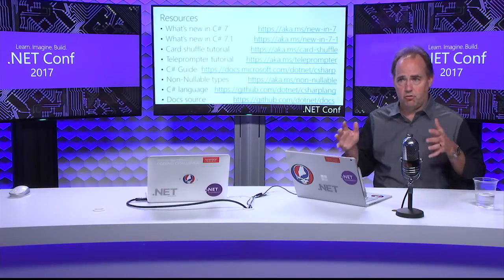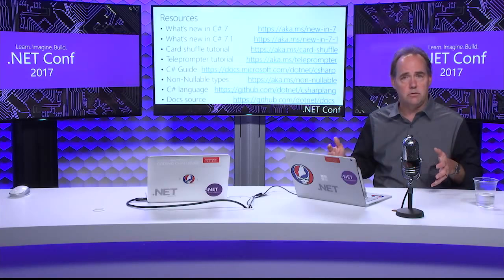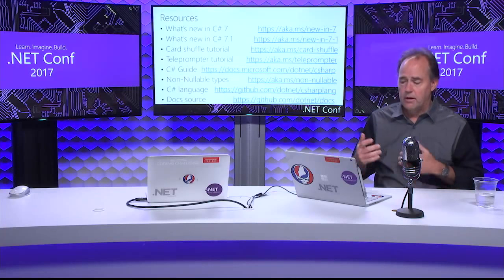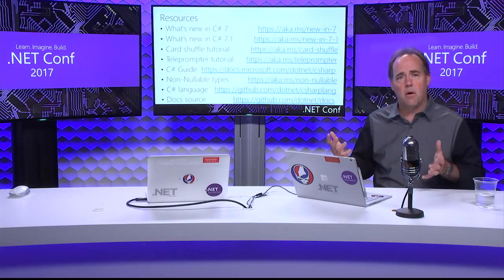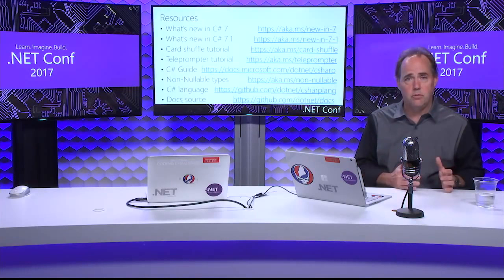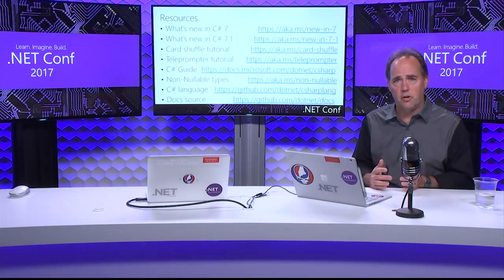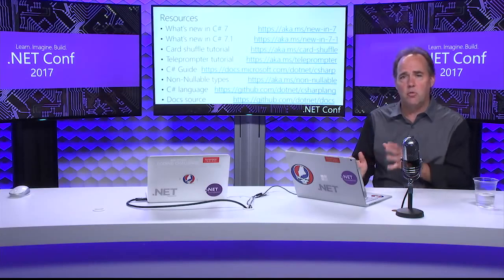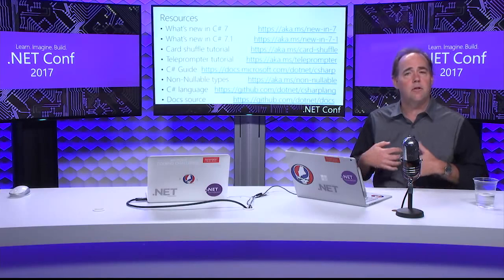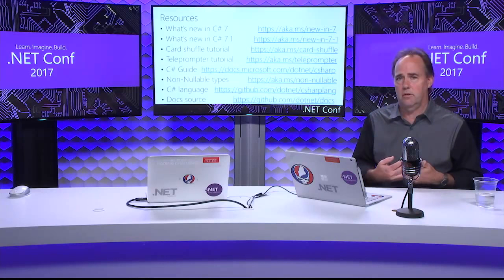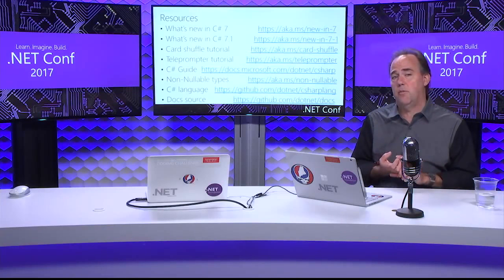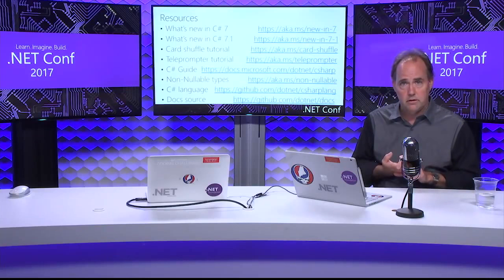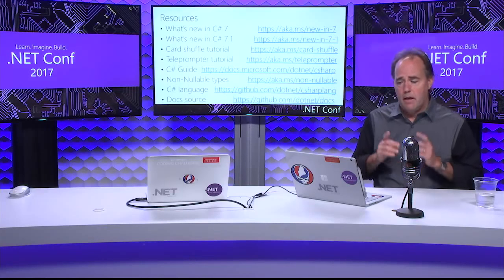aka.ms/non-nullable. That is the straw man proposal for non-nullable. Comments are welcome. C# language: that repository contains all information about different features that are being proposed or implemented for future versions of the C# language. It's a good one to get familiar with, look at, and you can see what things are being discussed. The language design note meetings are there. Specs for new features are there. Status of the new feature implementation or proposals are there. Have fun. And lastly,